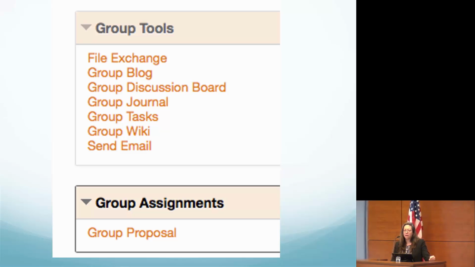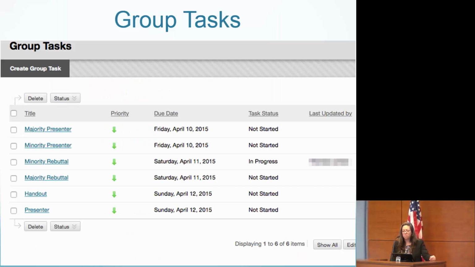Okay, so this is a screenshot of the tools that are available. Certainly, as faculty, you can pick and choose which tools are useful to you. My students certainly picked and chose which tools they were going to use, even though I incentivized them with points. Sometimes they just ignored that anyway. It depended. But this is an overview of some of the tools that are available to you.